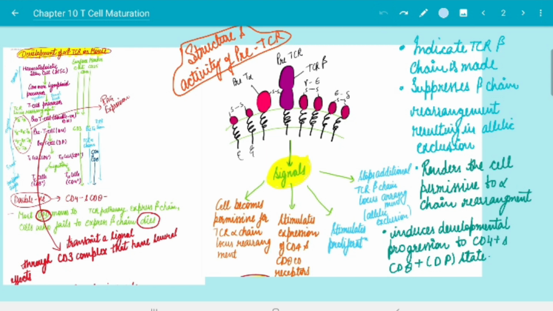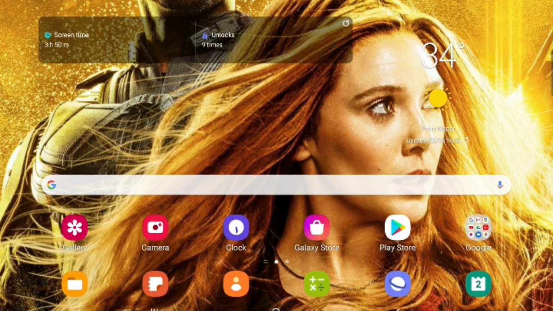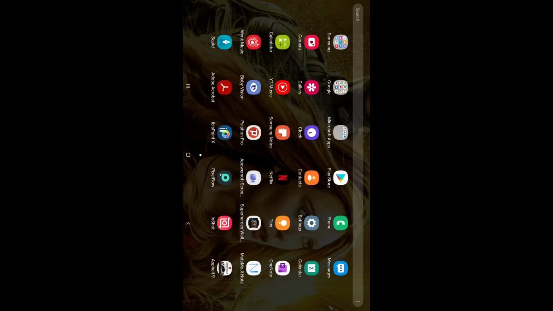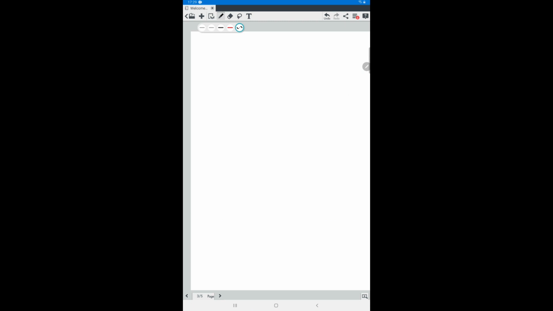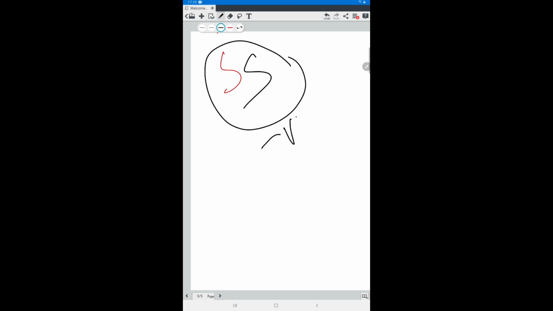Now let's focus on the third application that we are talking about. That third application would be the Metamoji Note. At first, this is the worst looking app I have ever seen. Because if you want to take notes, you have to include multicolor functionality in that particular app. But here you only get one option, either red color or black color. So this is one big negative point about this application.